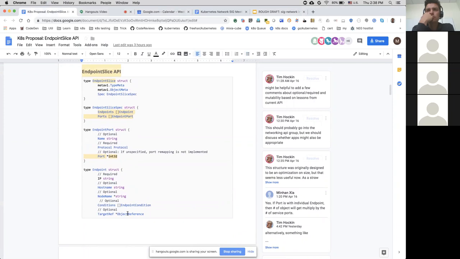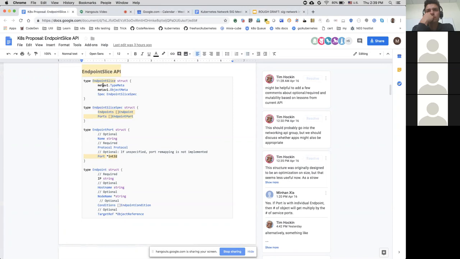The main idea is to shard the big endpoints object into multiple objects. Each endpoint slice will contain only a portion of the endpoints, up to 100. So if you have more than 100 endpoints behind a service, it will get sharded among multiple endpoint slice objects.